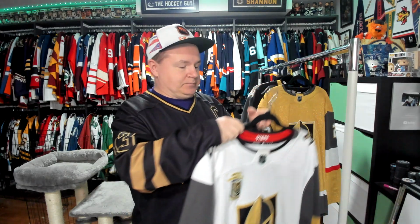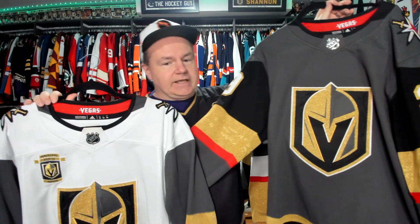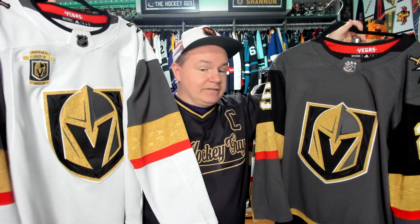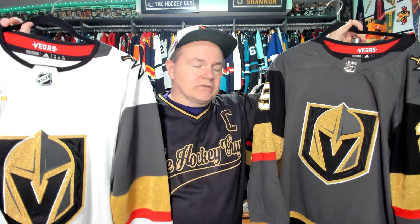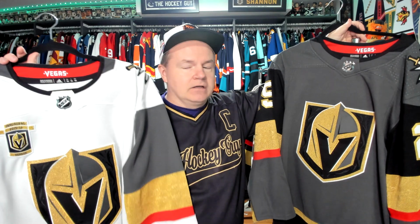All right. And then we get into the first jerseys they had. So, of course, this has the inaugural patch on it. Pretty strong inaugural season they had. I really, really like the white jersey. I'm glad they still have this jersey. I do wonder with Vegas and how quickly things change. Like if you look at the Vegas strip from one year to the next, it changes a lot. Part of the reason we go back to Vegas as much as we do, everything changes. There's always something new to look at. Have you seen the Sphere? Holy Lord. Anyways,